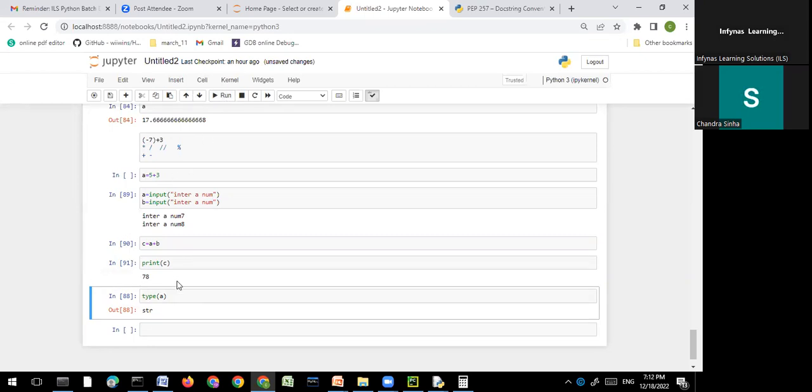Can anyone explain me why it is 78 instead of, I just hope, 15? Because both are string, so it has just simply put one behind another. Yes, Gaikwad, you are absolutely correct. It is called concatenation in computer terminology. Because these were strings, हमें क्या करना होगा, इसका नंबर कन्वर्ट करना होगा।